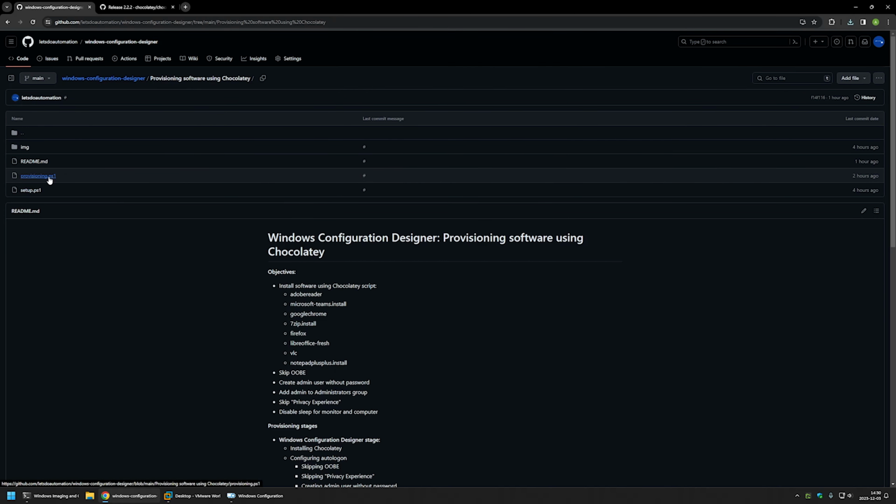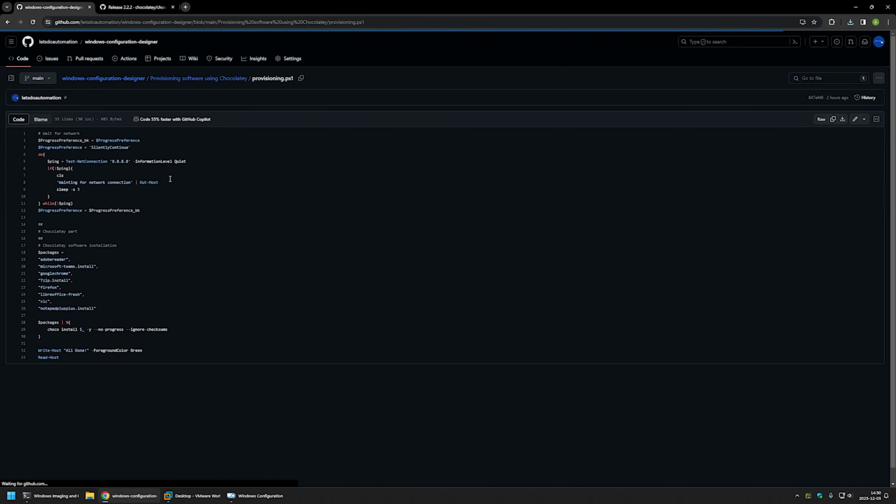Then I will click on provisioning.ps1, and this is the second script. And as you can see, it's also a very simple PowerShell script. Basically, the first part is where we wait for the network connection, and I'm waiting for the network connection by pinging Google's DNS servers, and if they don't respond, we're waiting for 5 seconds and trying again. And this will happen until we get the response, and after we get the response, we start the software installation